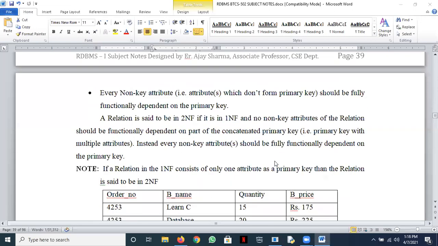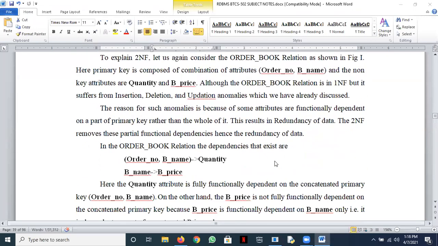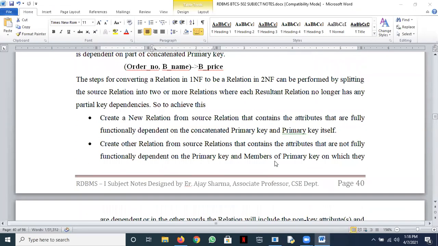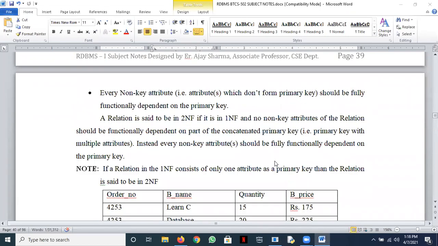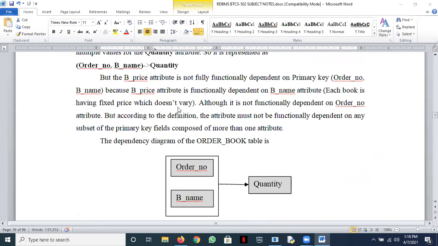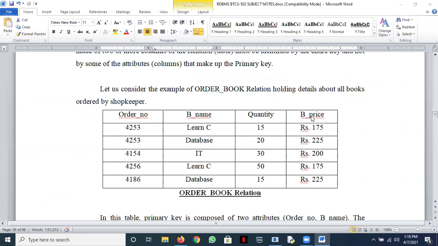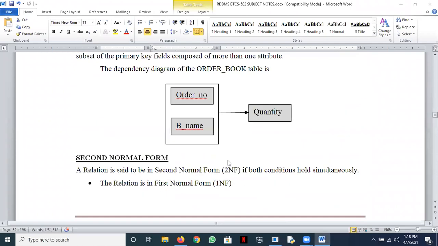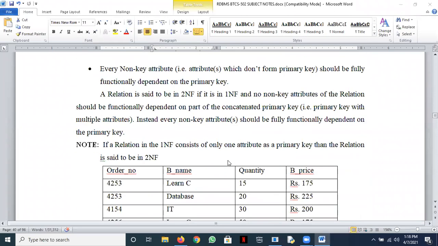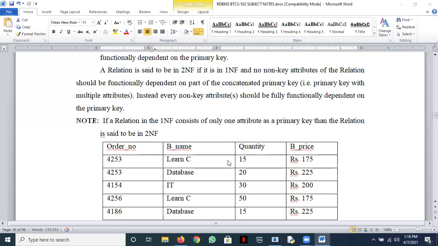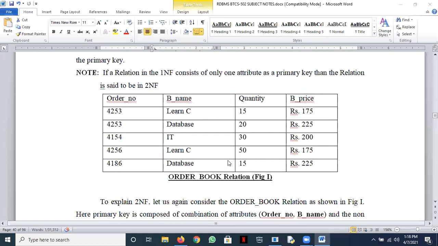The second part says every non-key attribute should be fully functionally dependent on the primary key and not on any subset of it. So this is violating this. Book price is not fully dependent on order number and book name. So that's why this relation is not in 2NF. Okay. Now let's see how we work with it.